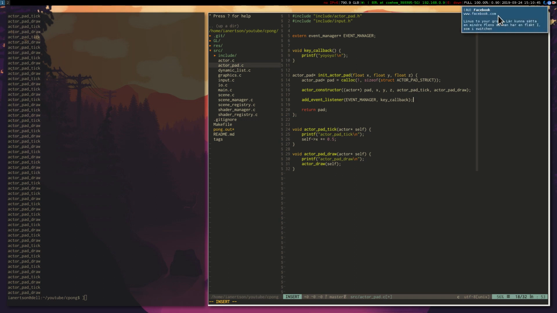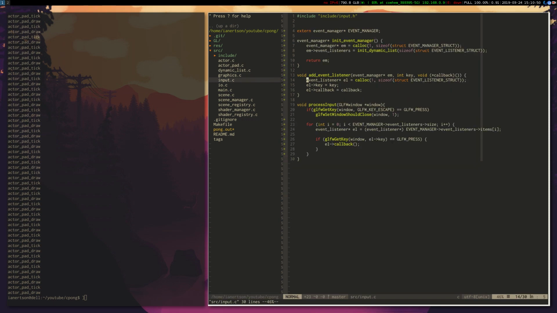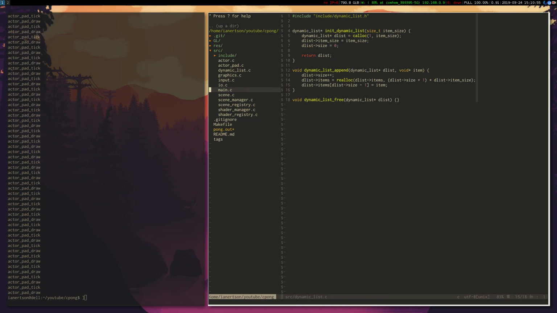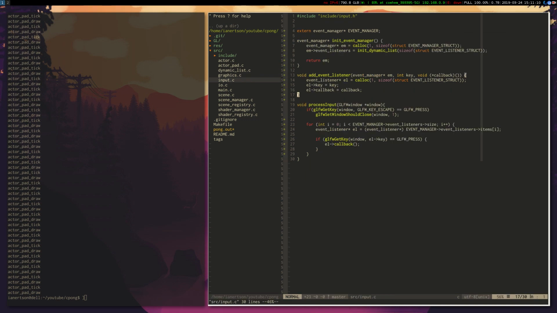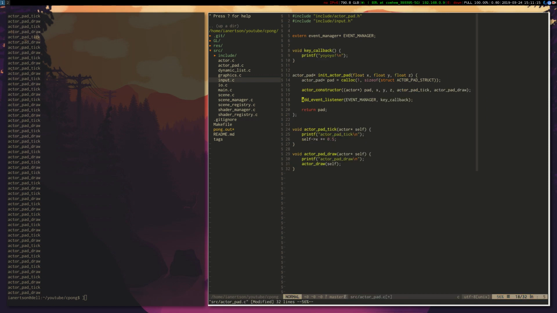Wait, that won't work. Oh, now I get it, we need a key here. So what I saw in this one, it's doing escape. We'll see if we can do another key. I'm just playing around here basically. I don't know if this is gonna work. Key enter maybe. So if we press enter now, I am expecting